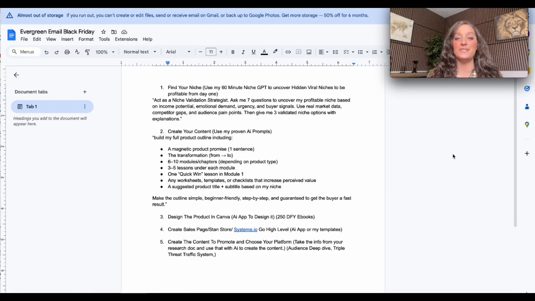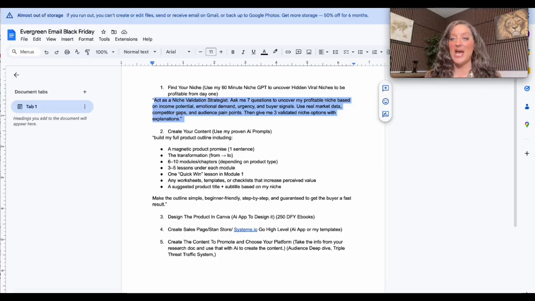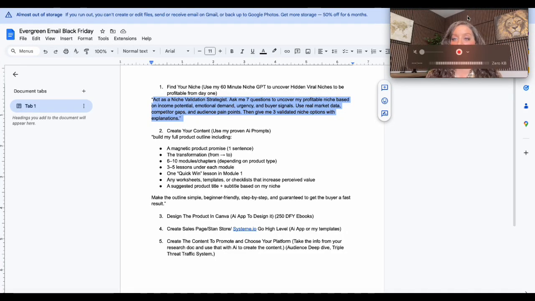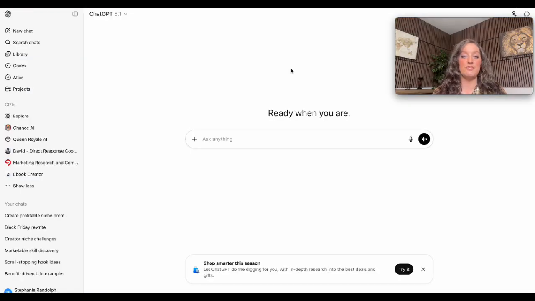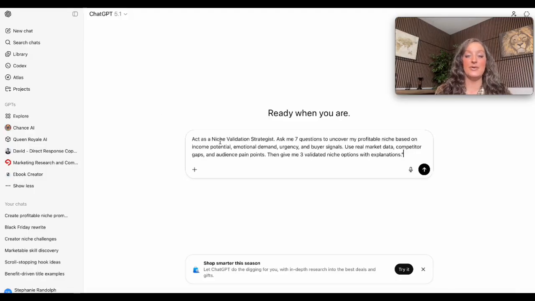So what we're going to do is we're going to take this prompt right here and we're going to plug this bad boy into ChatGPT, okay? So let me move my face a little bit out of the way. Let's jump over to chat. And I like using ChatGPT 5.1 for the sake of this tutorial, okay? When you're writing copy, you want to use something like Claude. Let's type this in right now into chat.